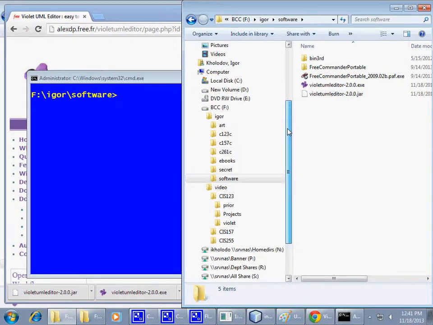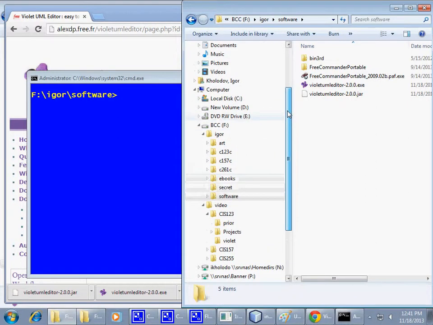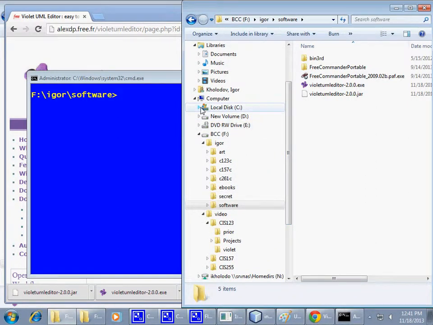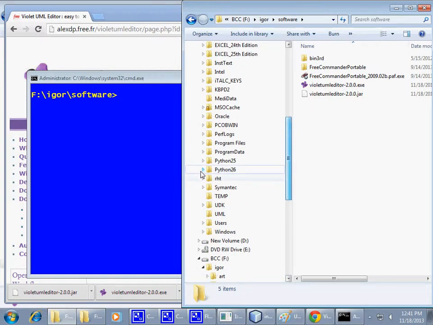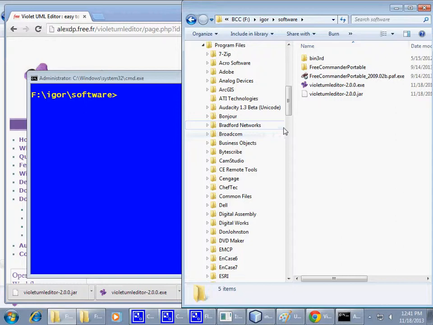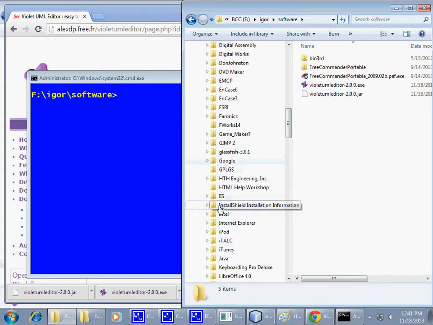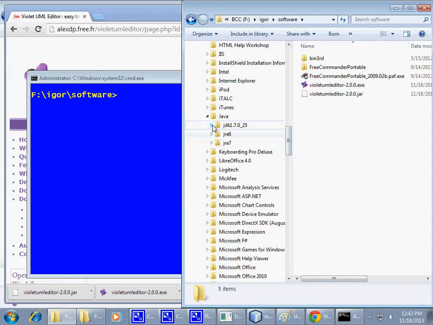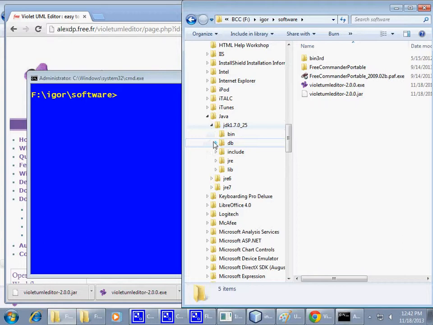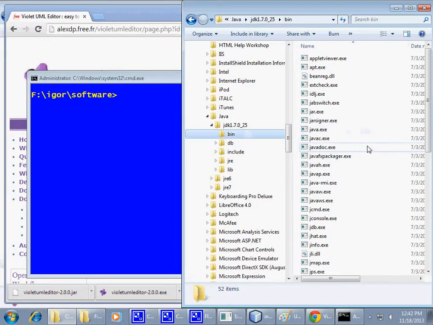Java executable on my system, I can basically use a command to make the jar file runnable. Jar file is Java archive. So I'll just go to the expected place, which would be under Program Files, under Java. And I have the JDK installed here. So if I go to bin, so here's my